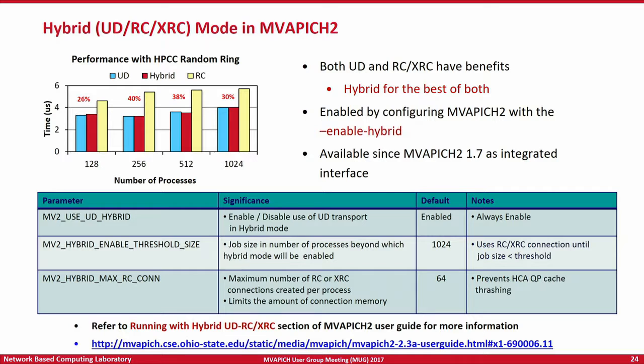Direct Connect is a new transport protocol that Mellanox has introduced. This is again meant to combine the best of both worlds. It gives you the high-end performance of RC with the scalability of UD. It has a constant connection cost and the full feature set, that is RDMA and atomics.